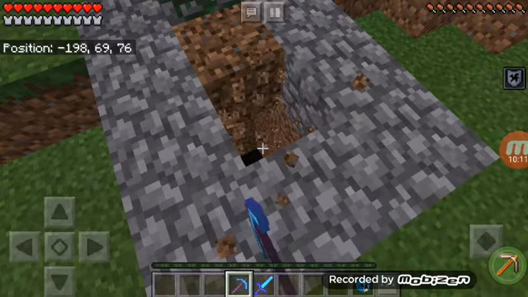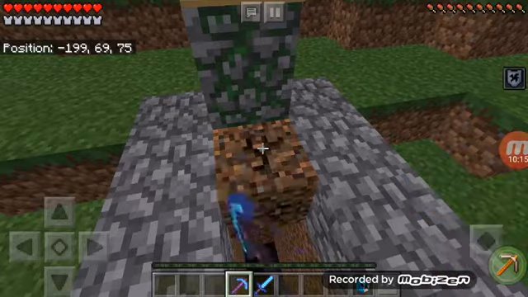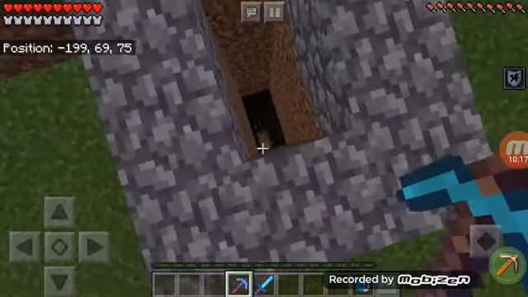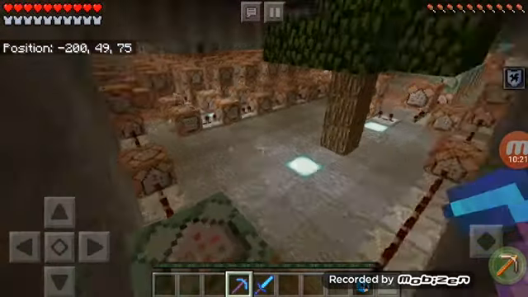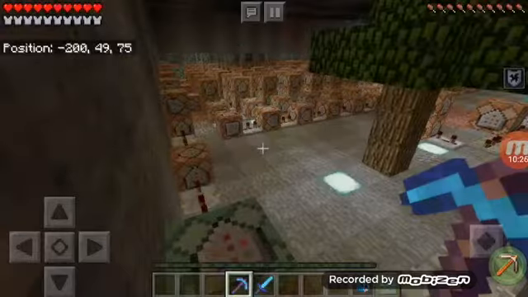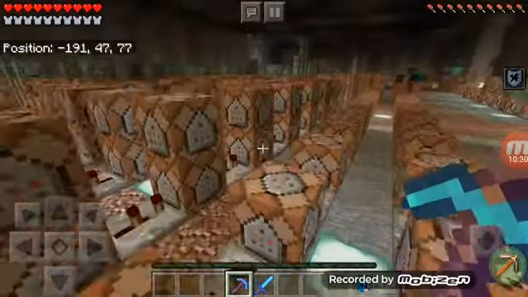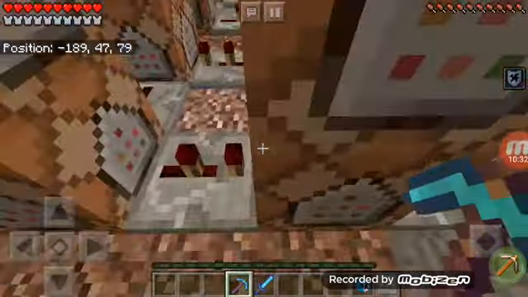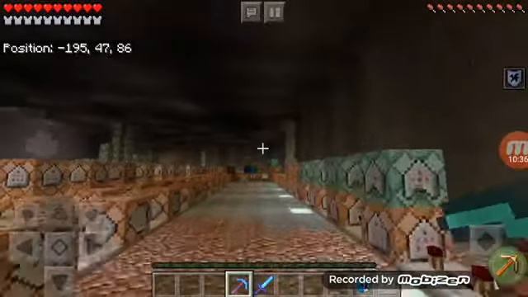Bro, this is so good. The hell is it? Bro, are those command blocks? Ow. No fall damage, bro. No fall damage at all, because I have this. What the flip? Guys, if you've seen this, what is this? Like, what the flip is this? This is